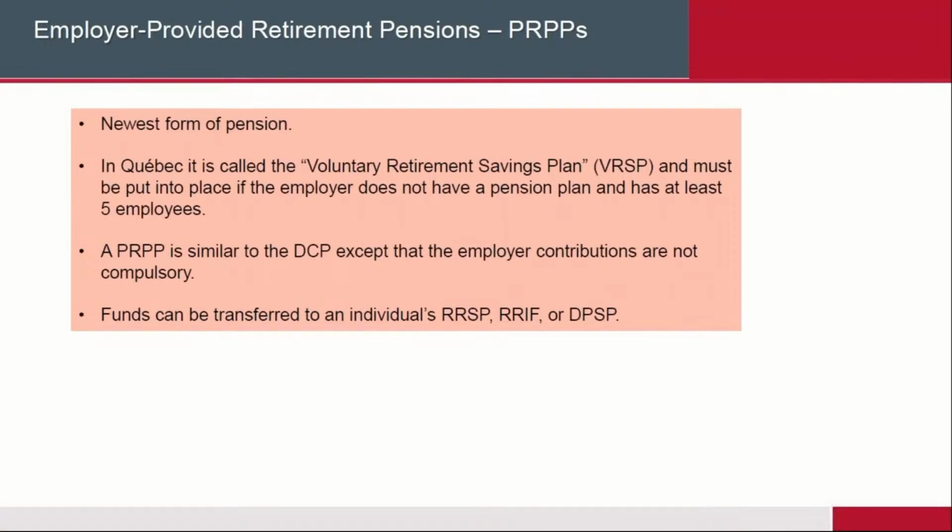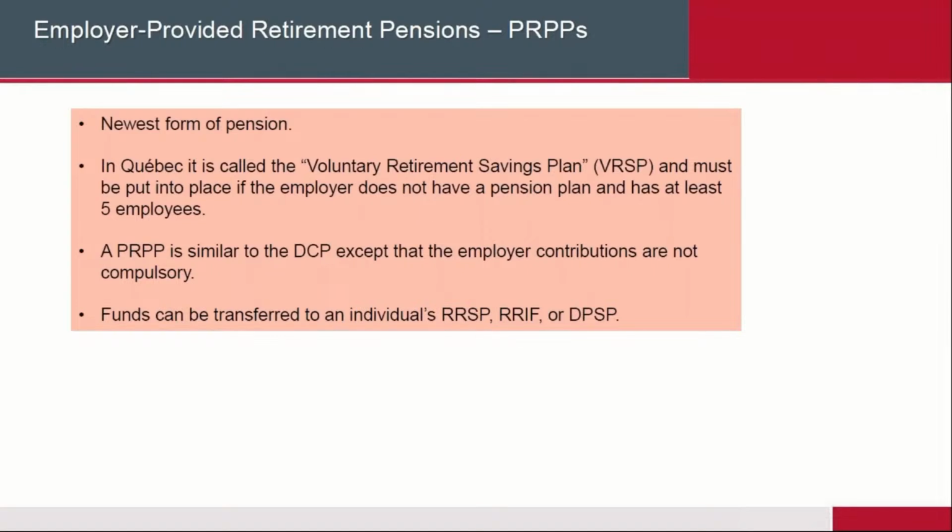So the other thing that an employer can provide for you, and more companies are providing this now. In fact, if I remember correctly, New Brunswick just introduced this year, I believe it was, what they call an employer-provided pension plan. Okay, so basically an RPP, but it's a pension that is made available to you by your employer. So it's the newest pension plan, and it is in Quebec.